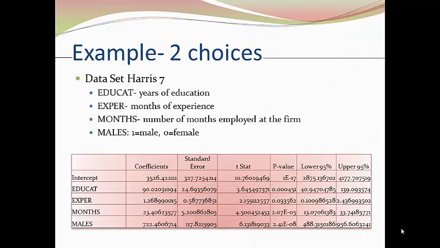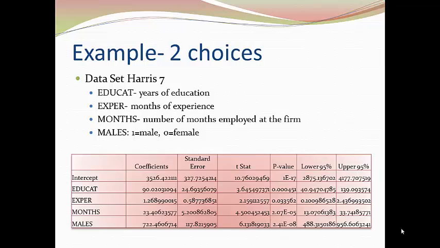Okay, so let's look at an example. This example is Harris 7. It contains data on the years of education for a bunch of employees at this Harris company, I guess, the number of months of experience, the number of months that they've been with the firm, and then this dummy variable, males, which takes a value of 1 if the subject is male and 0 if the subject is female. So I can look here and I see the coefficient on males is